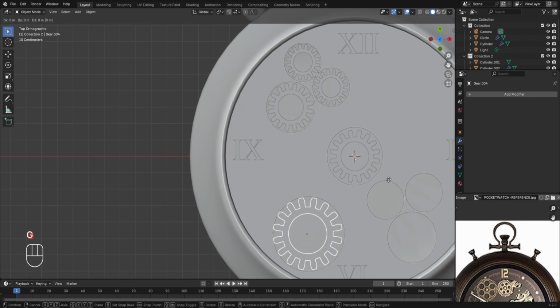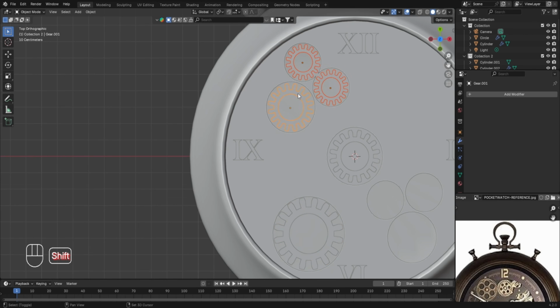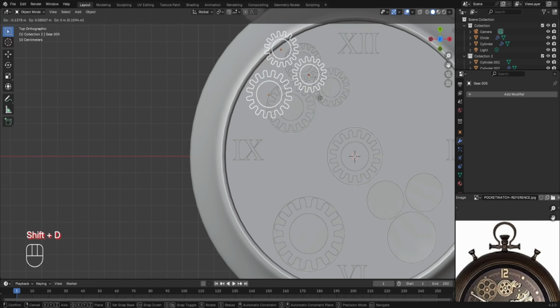Moving ahead, we now have to create 3 more duplicates for these circles. And if you remember, these cutouts were almost similar to the ones where we just placed the 3 gears. As a result, I will be selecting all these 3 gears by holding the shift button, and we'll create the duplicates by pressing Shift plus D, and we'll place them